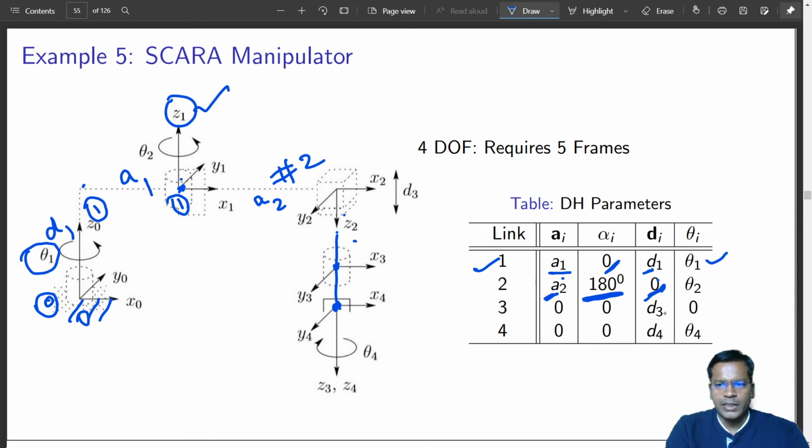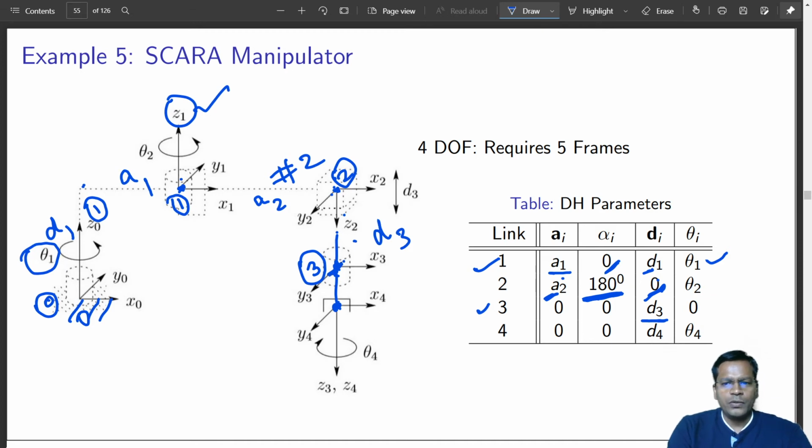There is some distance which is traveled along this axis, this prismatic joint. There is some distance which is d3. That also is placed. You see this frame comes to this location, and there you have the axis of rotation. It is not exactly at the same place, so these two points are collocated. If this is the link 2 end, this is the place where link 3 is. So link 3 is nothing but a prismatic joint end. It ends over here.